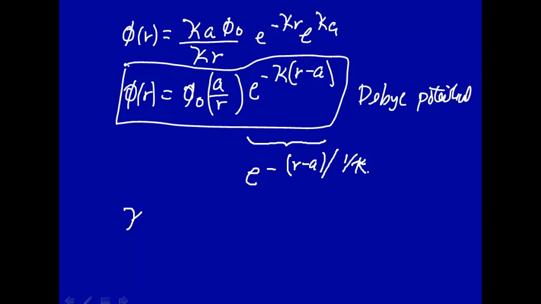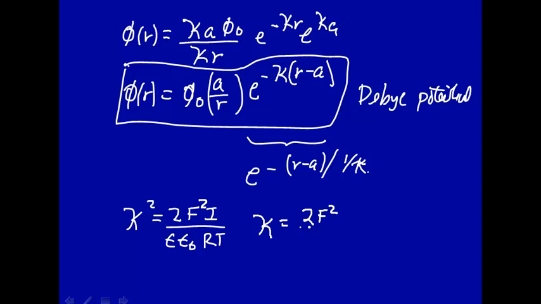Remember that kappa squared was equal to 2F squared times ionic strength divided by epsilon naught RT. So kappa is the square root of 2F squared over epsilon naught RT,